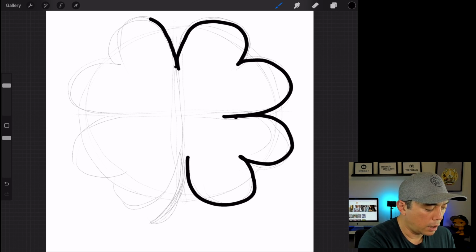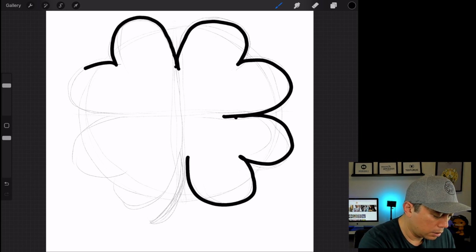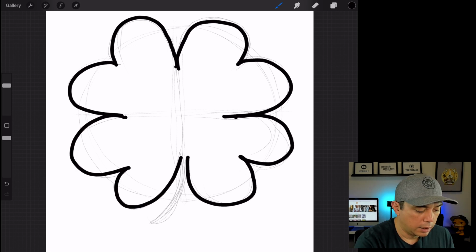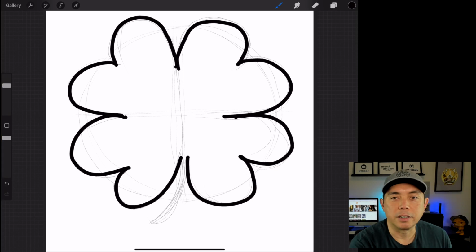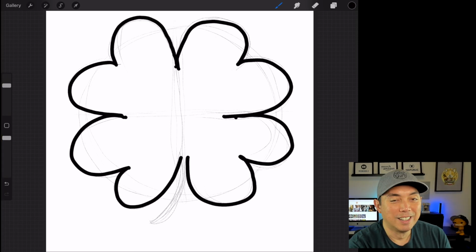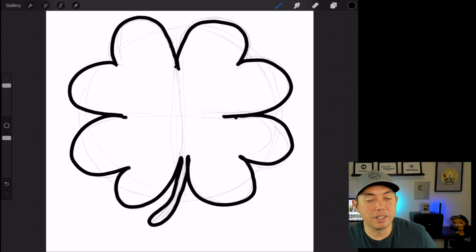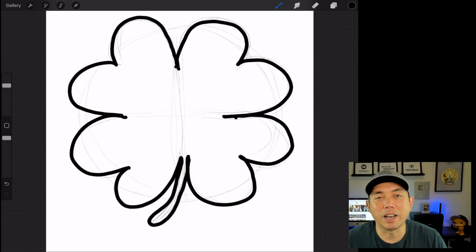Now you can see I'm not that great at this quite yet, and my strokes are not the best, but I think that's fine. If you're just learning, I think that's fine. All right, so I'm going to come in here and just kind of connect them. Now this is very, very rough, and I could do a better job with this, but I just wanted to show you how to do it here. I'm gonna learn some better techniques as we go in the future, but I think for now, very